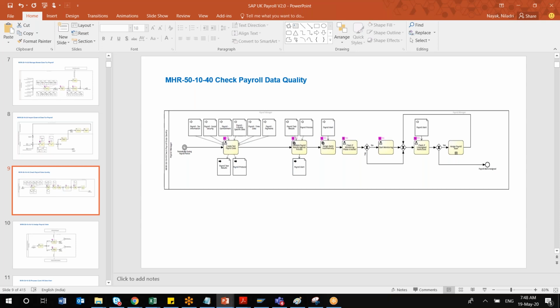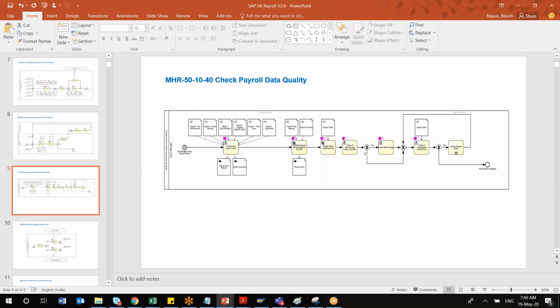Suppose this is the month of May 2020, and I am supposed to run my payroll around 25th of May. I do not have to wait till 25th of May. On the 1st of May itself, in the Payroll Control Center, in the SuccessFactors EC payroll dashboard, I will see there are alerts.